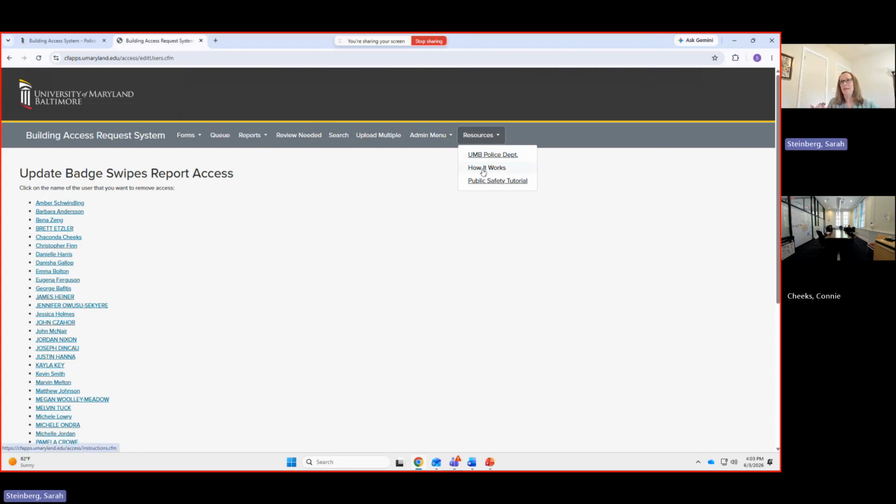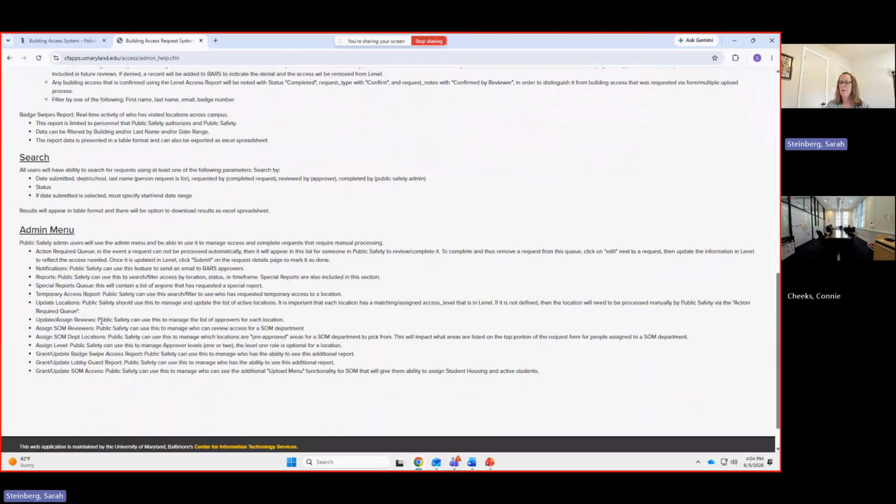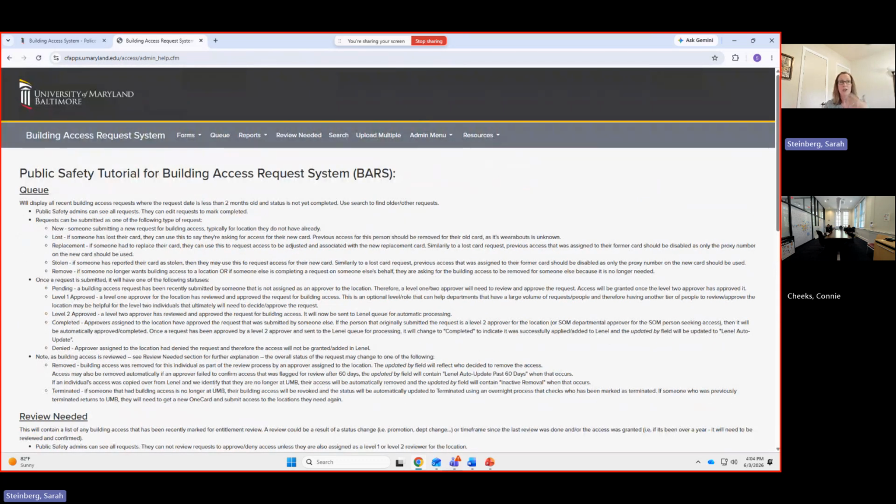From what I've seen of how it works, at some point when I have a chance, I'm going to go through this information in more detail and see how we can improve it. I don't think it's necessarily as helpful as it could be. But I'd like to be able to put more information in here so that if you do have questions about the various areas within the BAR system, and I know we have a public safety tutorial, which I think talks a little bit more about the admin menu and so forth, I would like to add information to this to hopefully help answer questions that may come up periodically and also help address